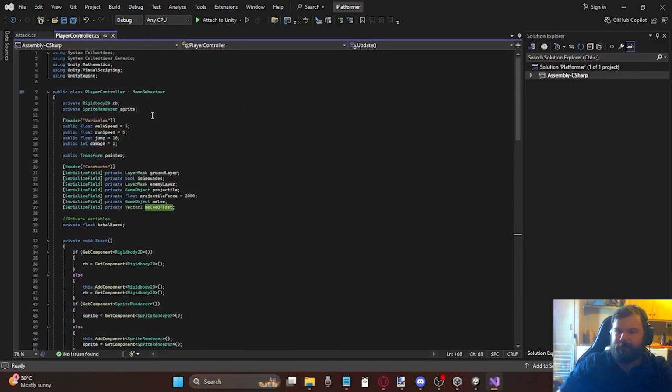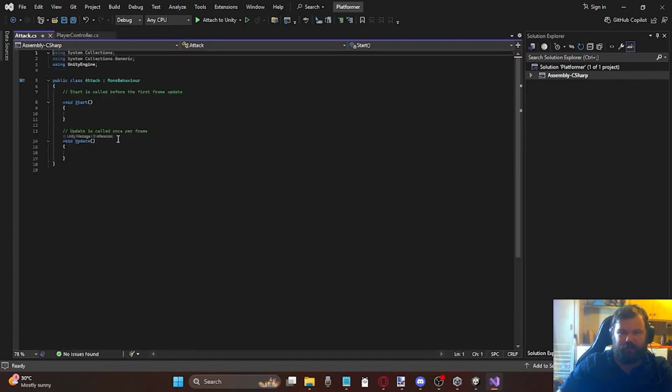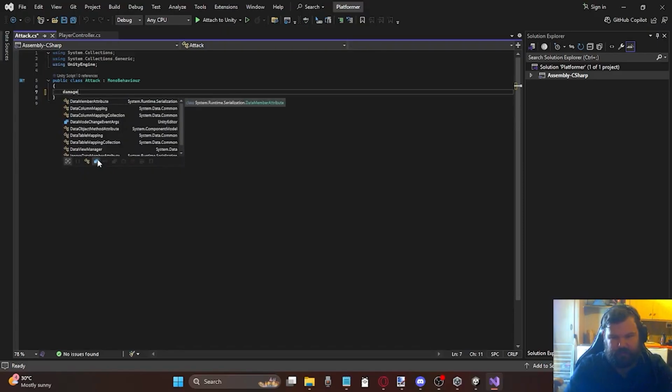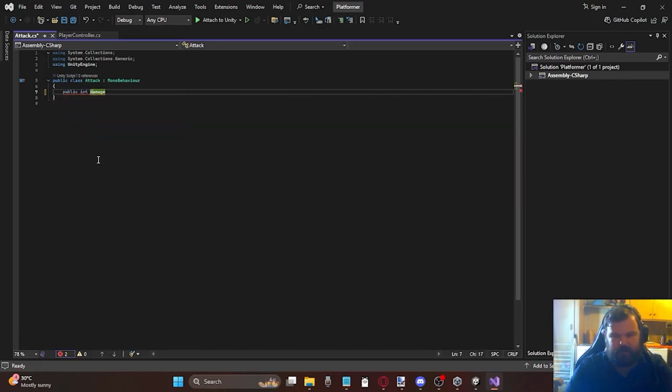Okay. I'm going to get rid of the damage counter here. Actually, no, I'm gonna keep it specifically for a very specific class. So here, I'm going to set damage, but it's a public integer,